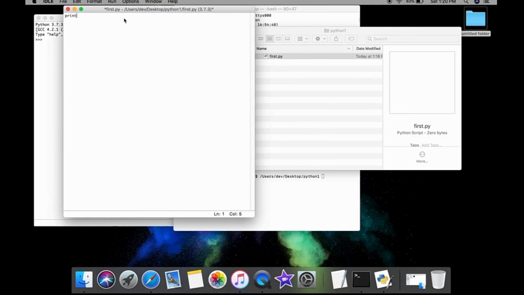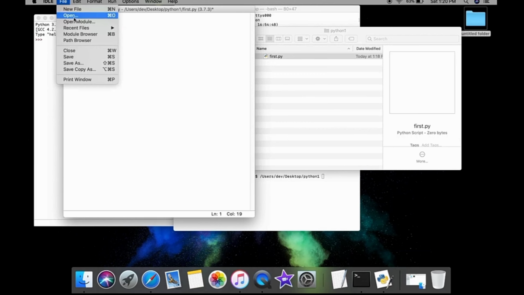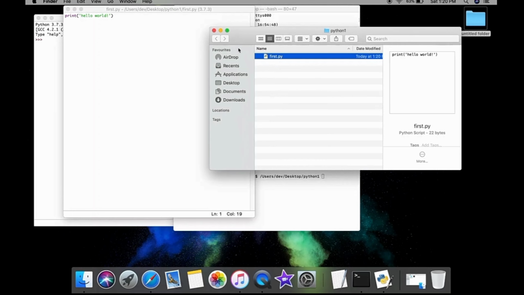Now if you write any Python program here, like print hello, that is the basic program, and let me also write hello world so that it will be completely the first program. So here we have hello world. First of all, save this one, and here we have save. So I have saved this file with print hello world.